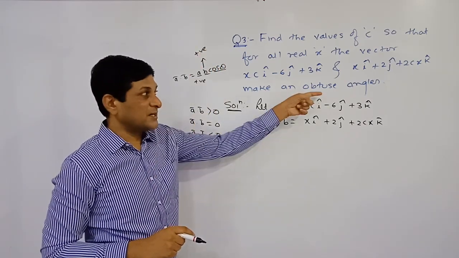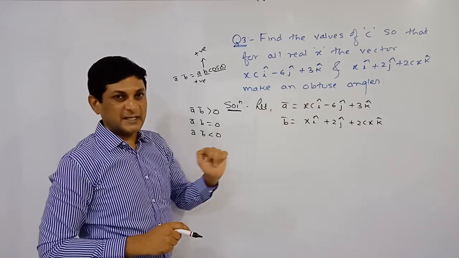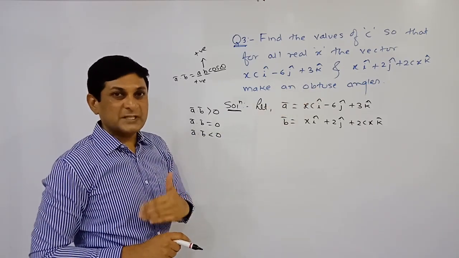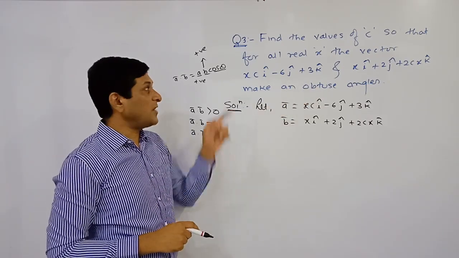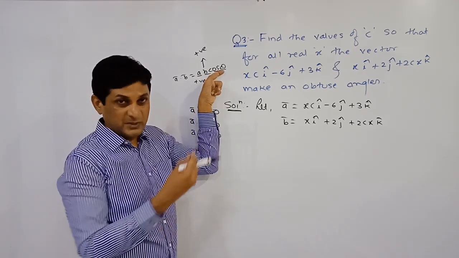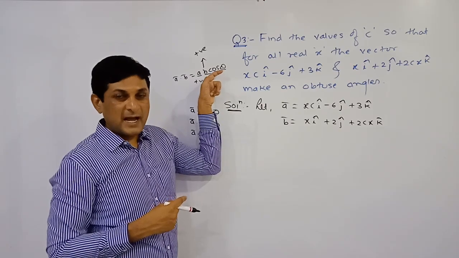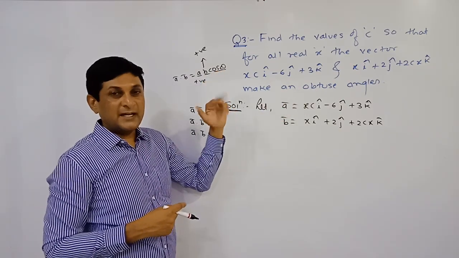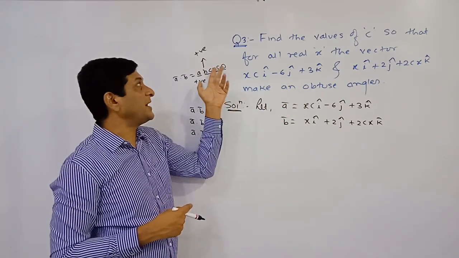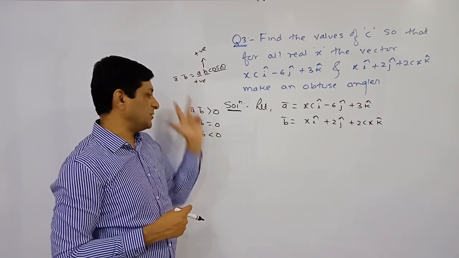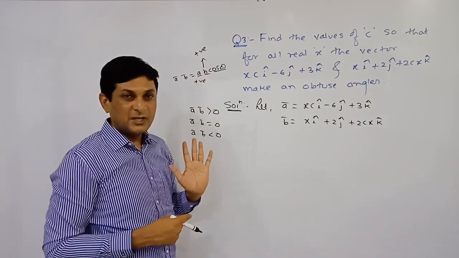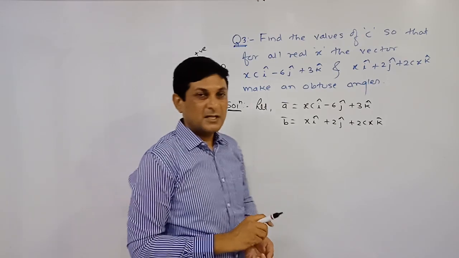And the last important condition is related to the obtuse angle. If the angle is obtuse, meaning greater than 90, the value of cos theta is negative, since theta lies in the second quadrant. In the second quadrant cos theta is negative, and negative into positive is negative, meaning the dot product becomes negative if the angle between two vectors is